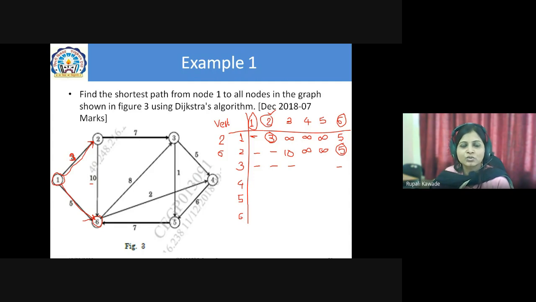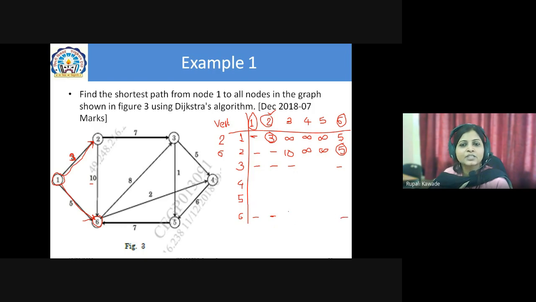So from this sixth node, now we have to choose its adjacent ones, right? We have to choose its adjacent ones because we have to keep that continuity. Okay, so if we directly jump to 3, because we don't know what is the minimum distance up to 3 that we have selected, then we can update the remaining bits. Okay, so we will go to 6. What is the 6 from 1? It is actually infinity. This one will be dash and this one will be dash.